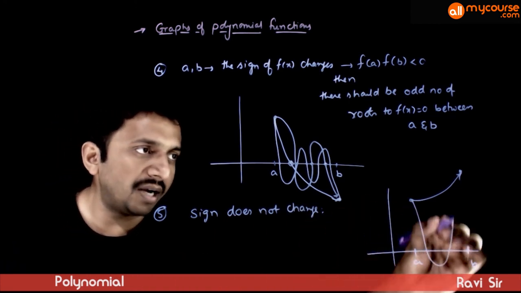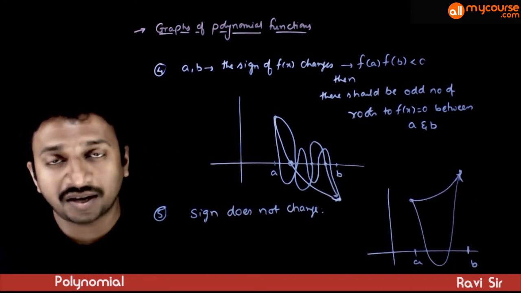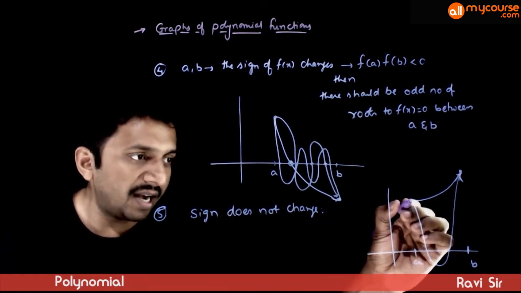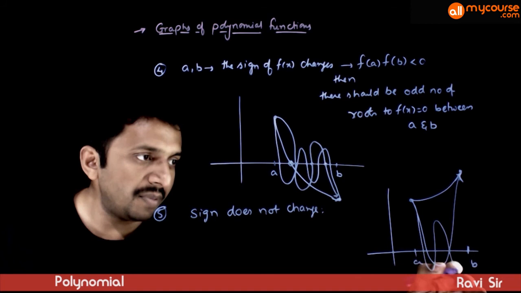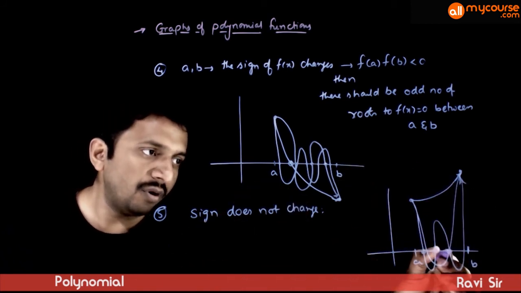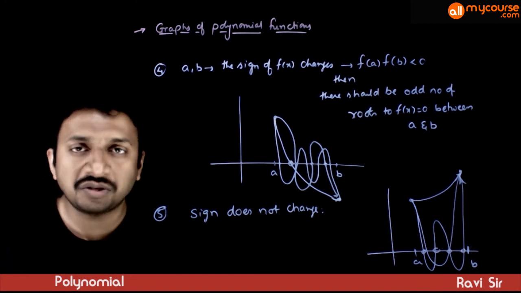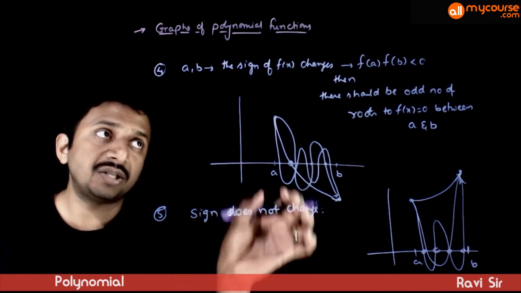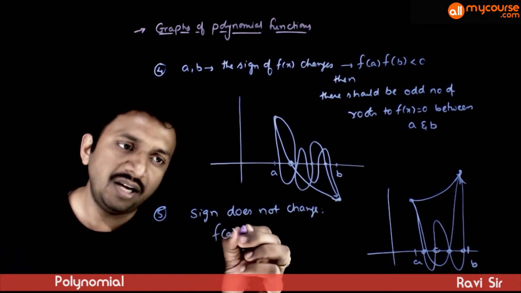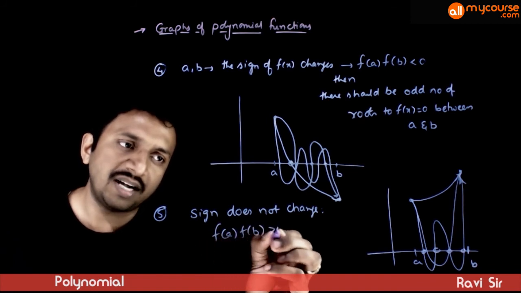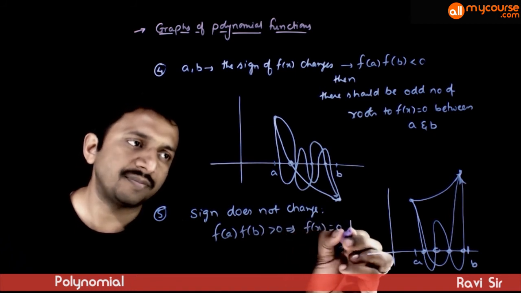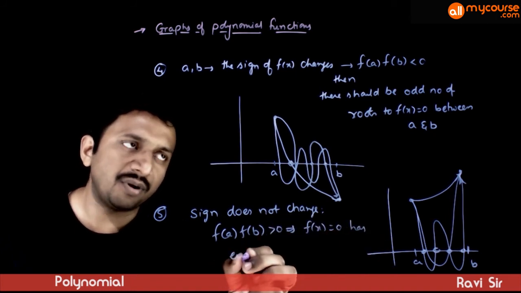Or it can come down and go like this, where it has 2 zeros between A and B. It can come down, go up, come down, and then go up here, which means that there are 4 roots between A and B, so on. So if the sign does not change between A and B, that is f of A into f of B is greater than 0, this implies f of x is equal to 0 has an even number of roots